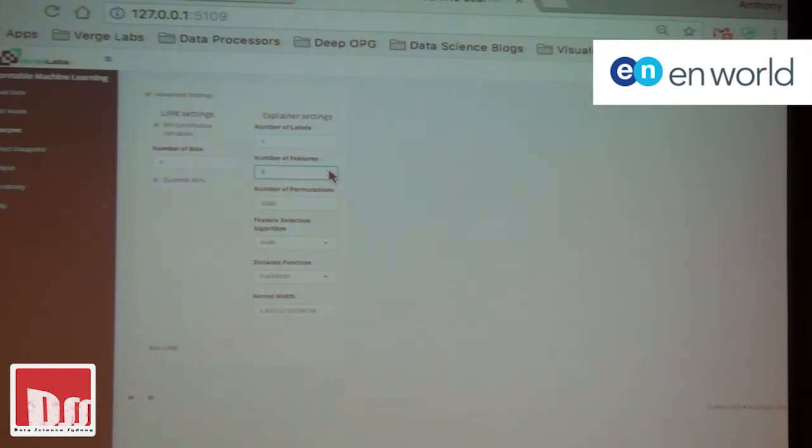The number of features, let's crank that up. So just asking, is that going up? Yeah, so showing the main features. What it does is actually discretize or one-hot encode your continuous variables if you want, so that you can look at the shape. And so you end up getting more features than you actually put in. The number of permutations that you can add probably gives you a more accurate local model, and various other factors with your kernel, stuff like that. So run.